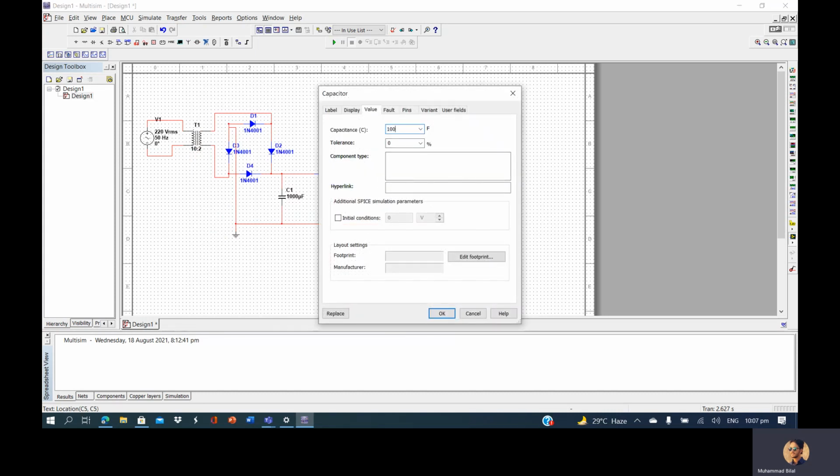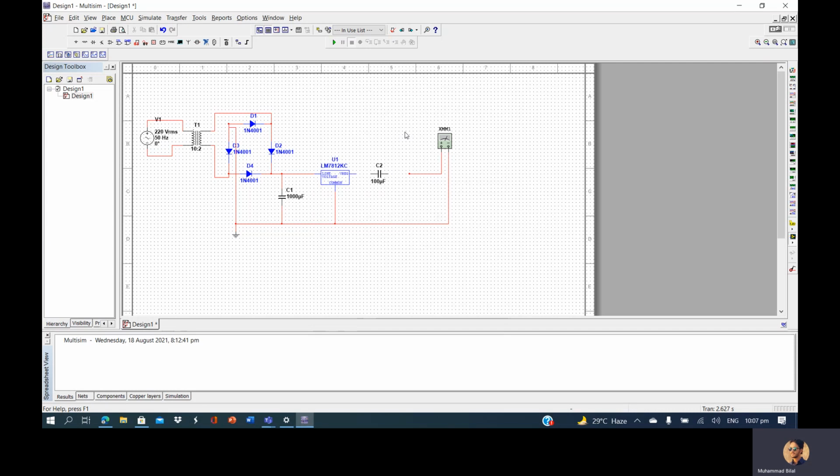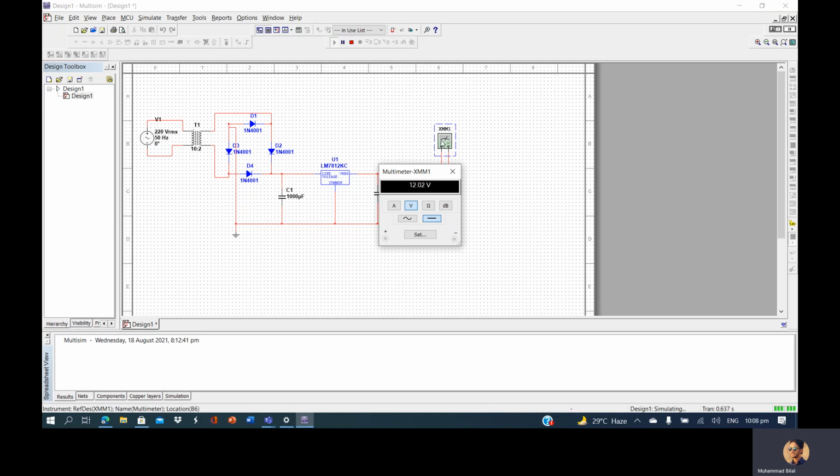We will use 100 microfarad to regulate our output, connecting it with the positive terminal and the negative to the ground, and here we will see the output with the help of the multimeter. Here it is giving 12 volts.